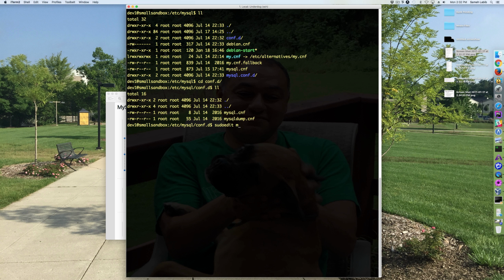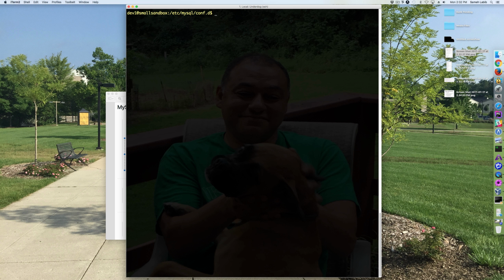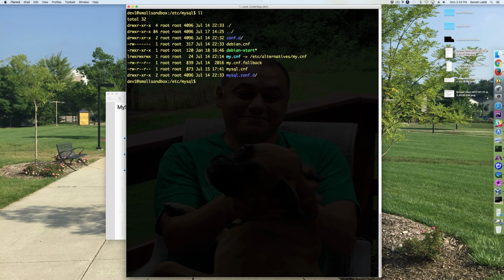Sudo edit mysql dump.cnf. Okay, that's what this one has in it. Okay, so let's get out and go back. Okay, so except for the mysql dump.cnf, which was in here, this is the file that has all the configurations which actually